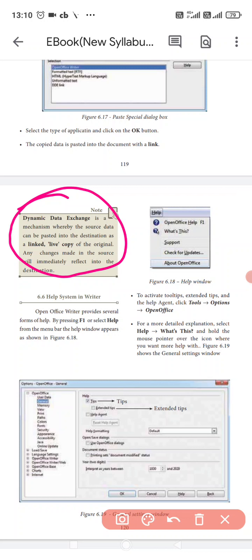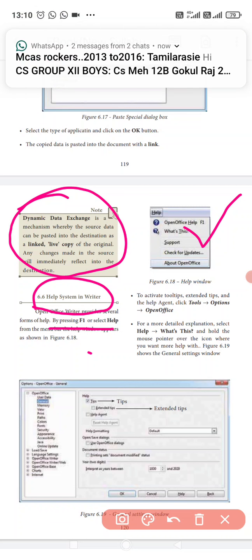Next I will teach you the help system of Writer. There are many kinds of help: offline help and online help. The offline help is in your system menus. Press F1 or click the help button, and this dialog box appears. You can look at tools, options, OpenOffice, and many other things, and the help explanation appears here. Whatever help you need, editing, copying and so on, you can select it.